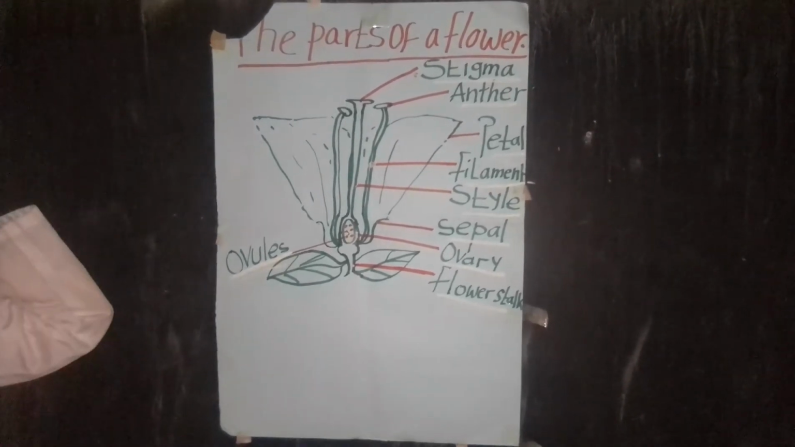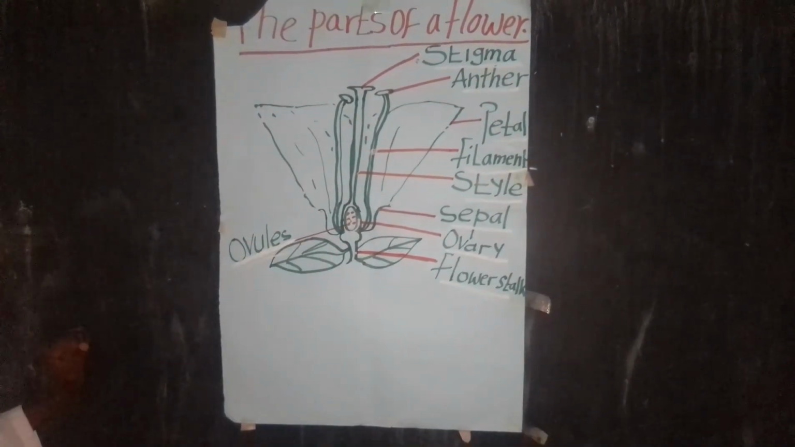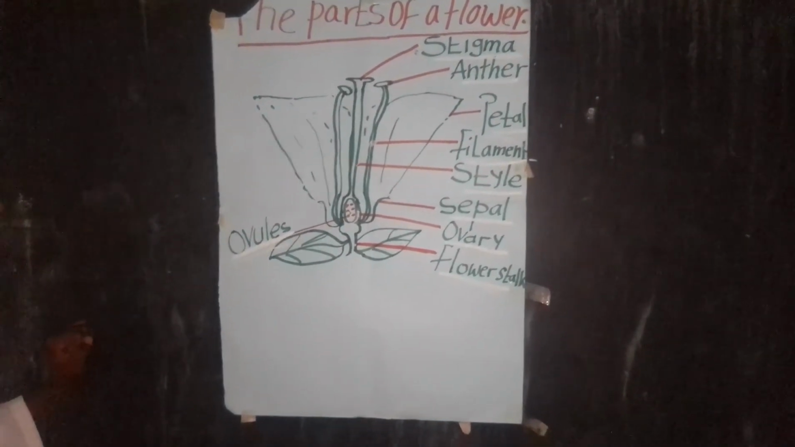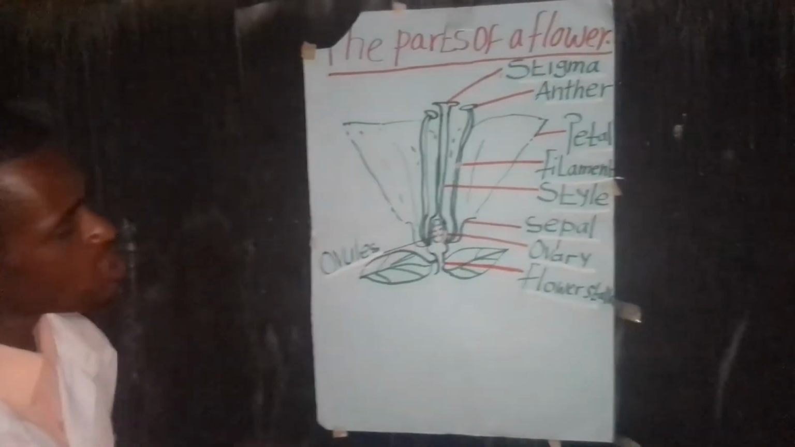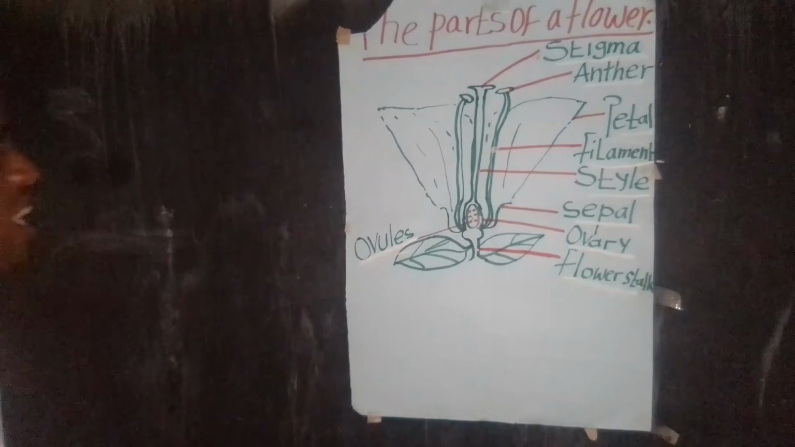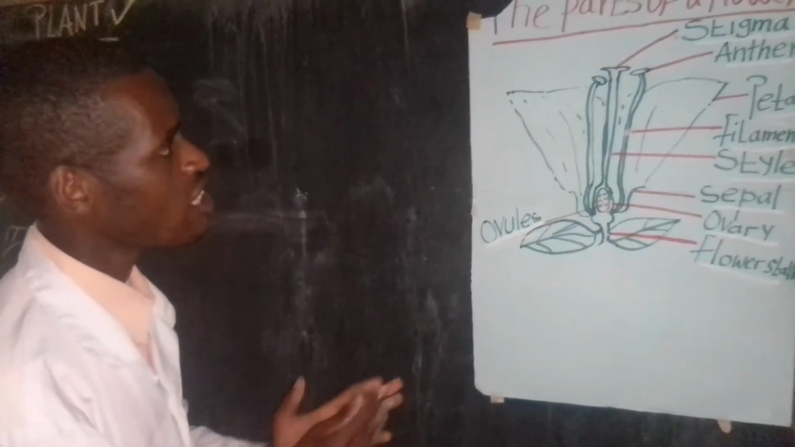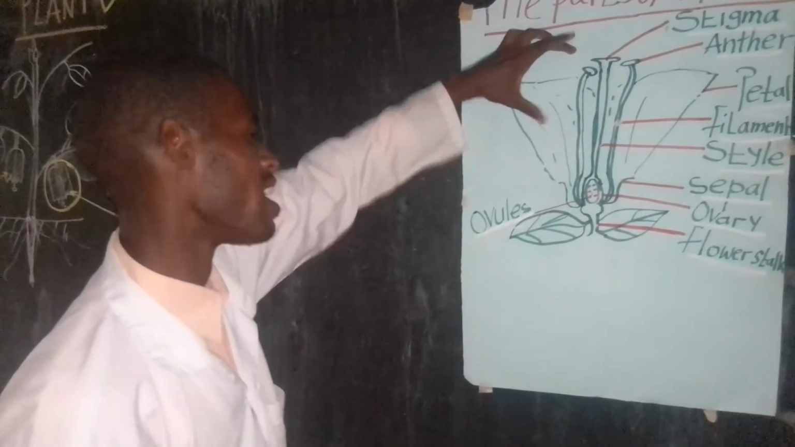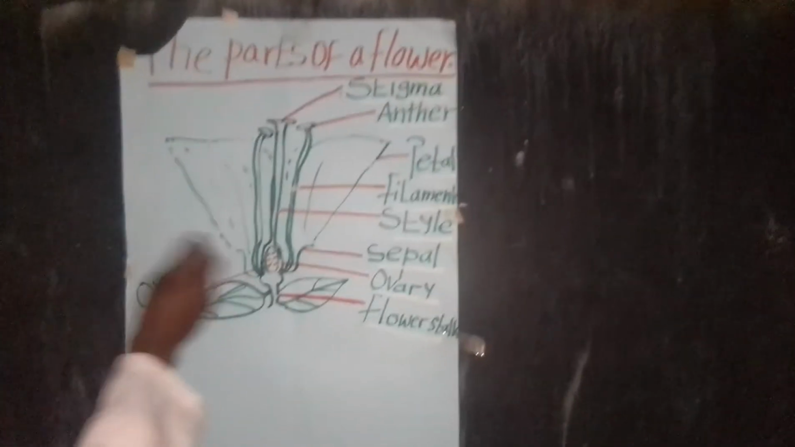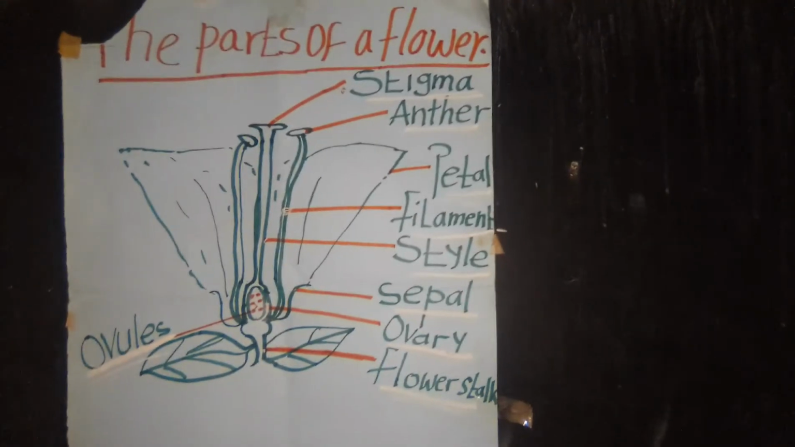Dear students, as you see this flower, it is very important. You just look at the flower you have. I think you have collected a flower which looks like this. You just compare this flower to your flower. Our lesson